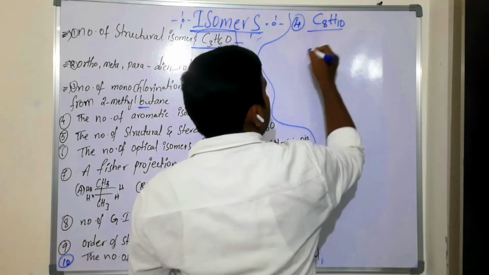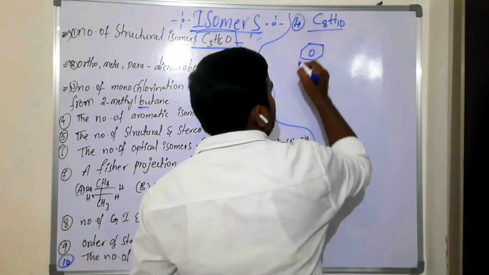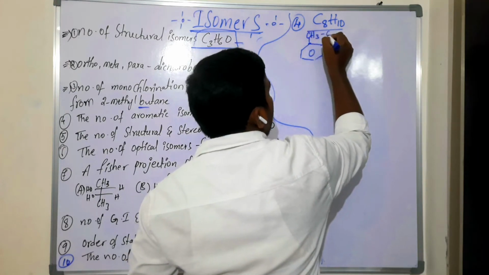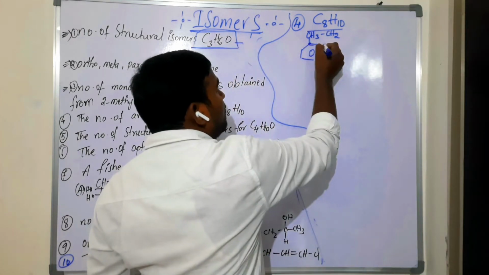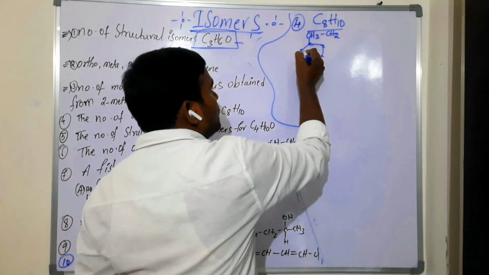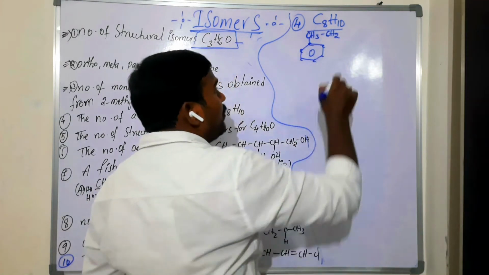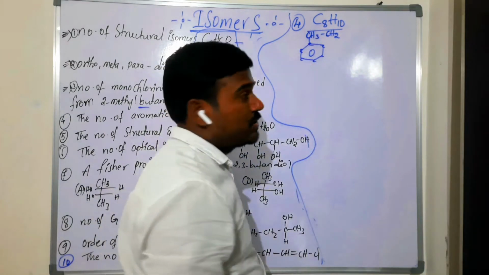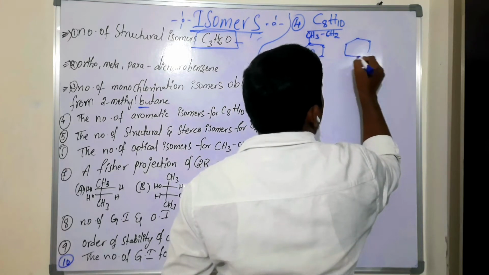Now in this case, aromatic compound means a benzene ring, so you take it. This is benzene, C6H6 completed. Now here one CH3 you write, and here one CH2 you write. Now the total number of carbons is how many? 8 carbons: 6 plus 7, 8. How many hydrogens are there? Here 5, 5 plus 5, 10 hydrogens. This is one aromatic isomer. Next one is